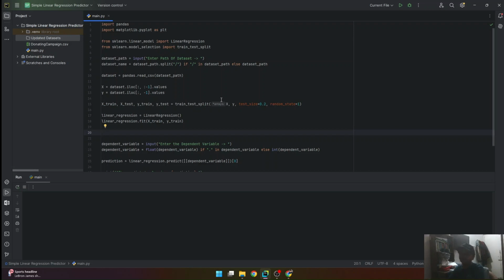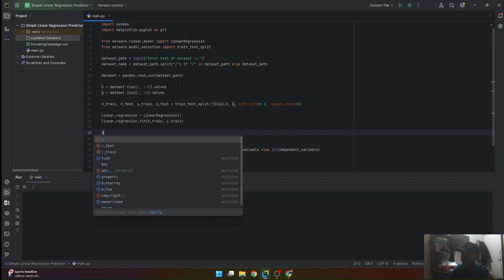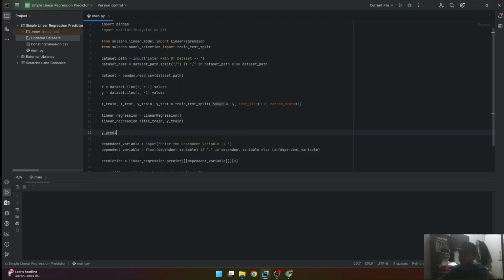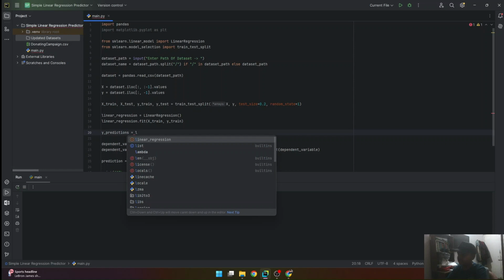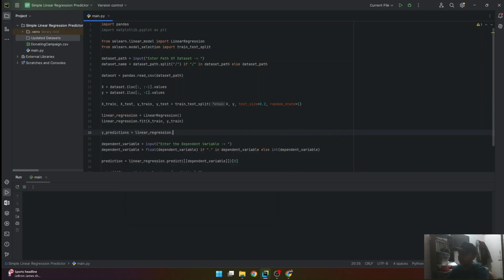So y_predictions is equal to linear_regression.predict. This is better because we know the proper value from y_test, and through this we can evaluate our model.